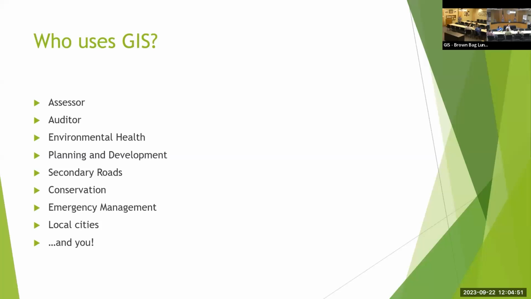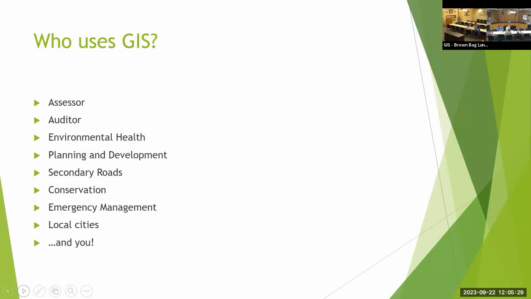Emergency management, a lot of planning, mitigation. Local cities are starting to do a lot more. A lot of them have an engineering company that serves as their city engineer, so we have to provide them with data. And a lot of times I've acted as the go-between between the city and the county engineer, or the engineer that's doing the work. Ames does a lot of work with GIS. They do a lot of neat things. They have a lot of information on their website as well. Some of their really cool things are their fire hydrant flushing, where you can see basically a live map of the flushing of the fire hydrants that they get to, which is neat.